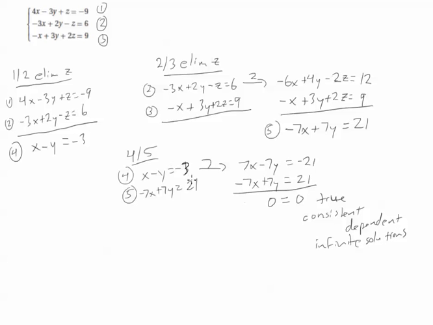Now you may be saying to yourself, well, Mr. Mahan, you like to do elimination, but I like to do substitution. What would it look like if I use substitution? So let's go back to this stage right here, where I've got my 4 and 5 written together. A good choice for substitution, let's solve for x. In that case, I get x equals y minus 3. Now let's plug that x value into 5. So I would get negative 7 times, instead of x,